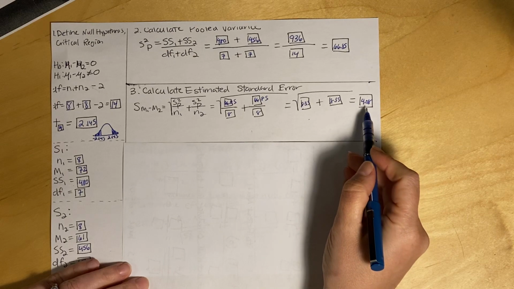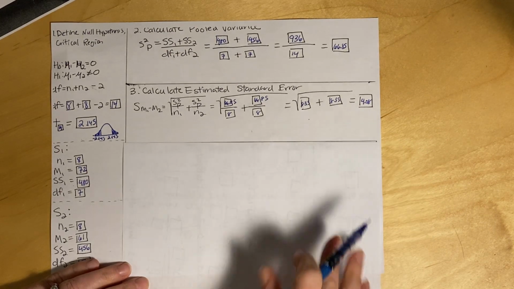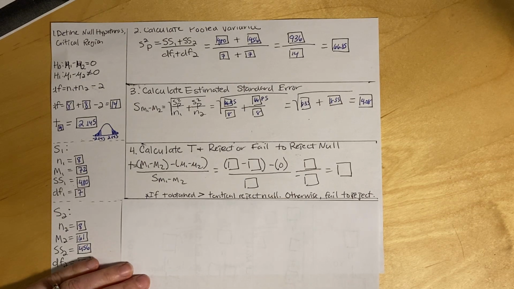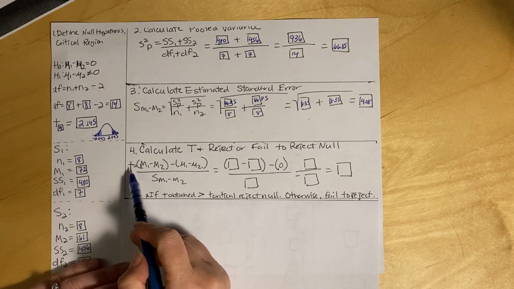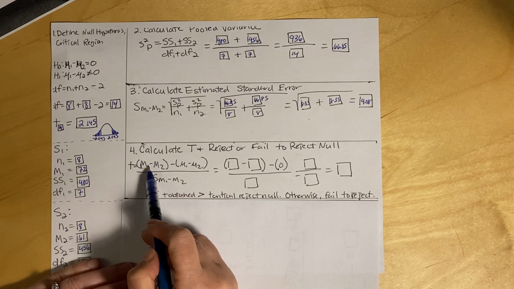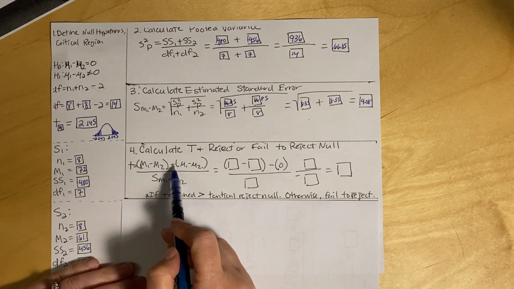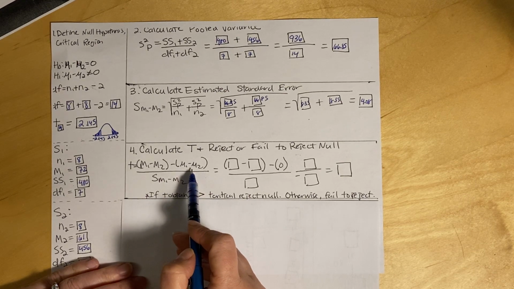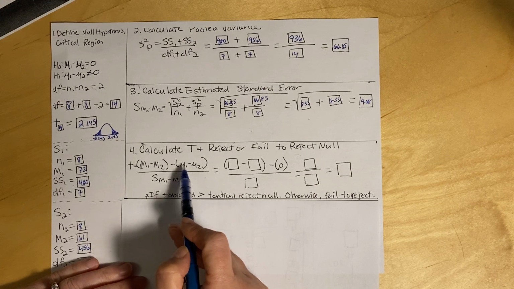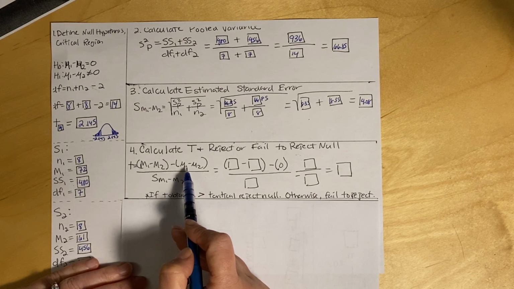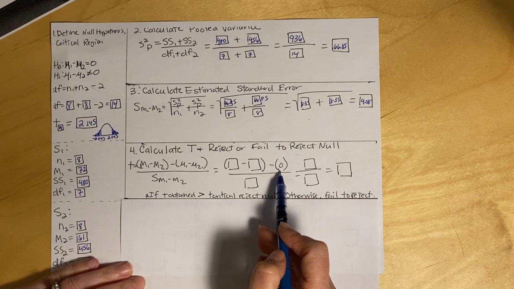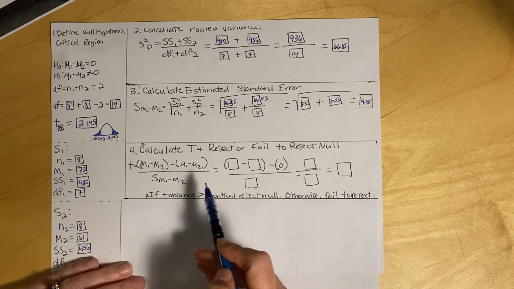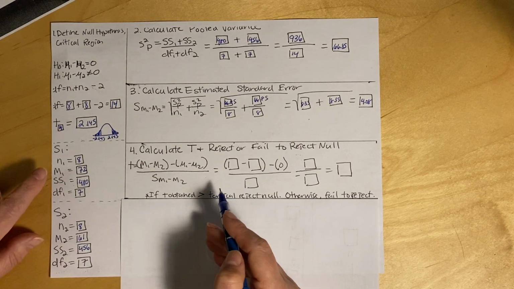So now that I have my estimated standard error, I can go ahead and calculate T. So here is my formula for T. T is equal to M1 minus M2 minus, and this is the part that's a little bit strange, mu1 minus mu2. Now we know we don't actually have these population parameters, and so in this equation we're always going to make the assumption that that value is 0. And then we're going to divide by our estimated standard error. So M1 is 72